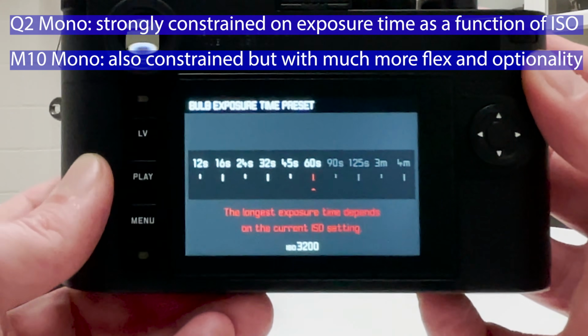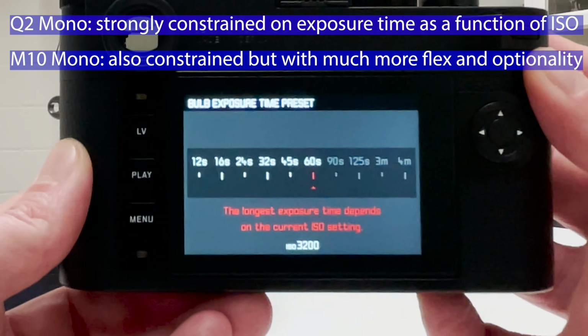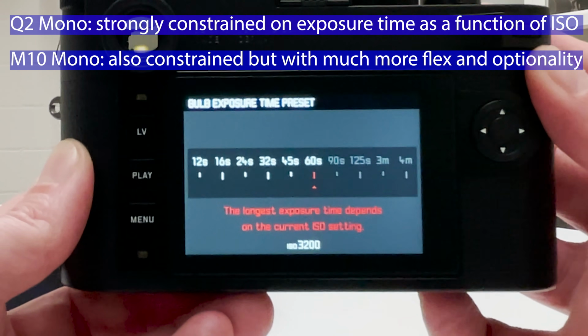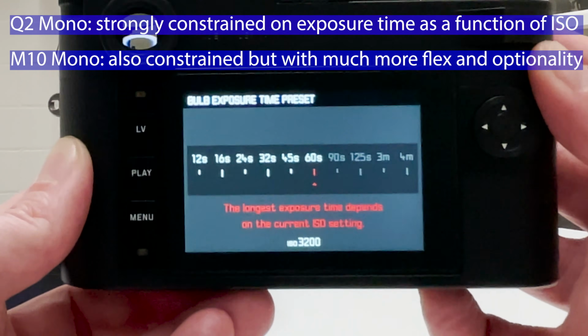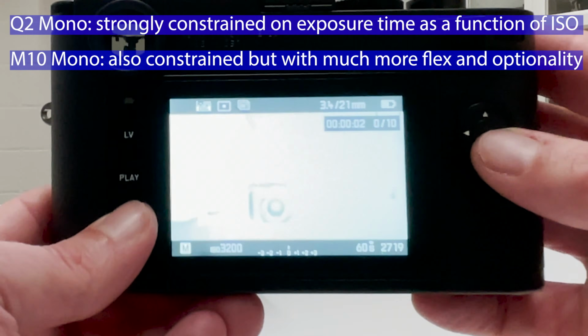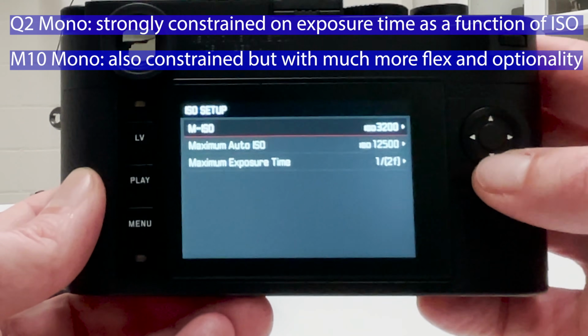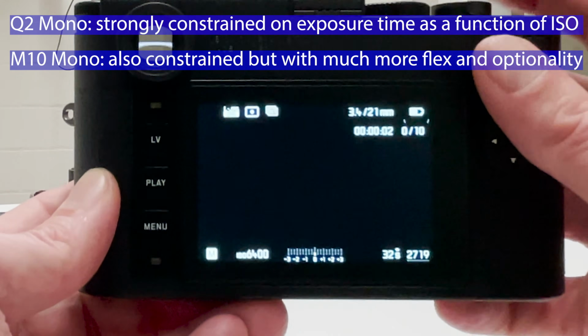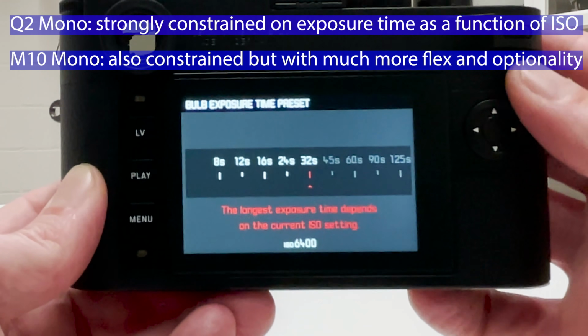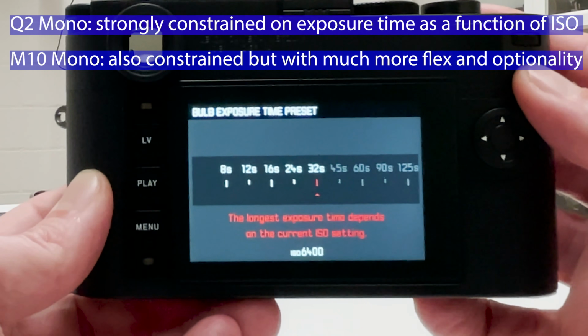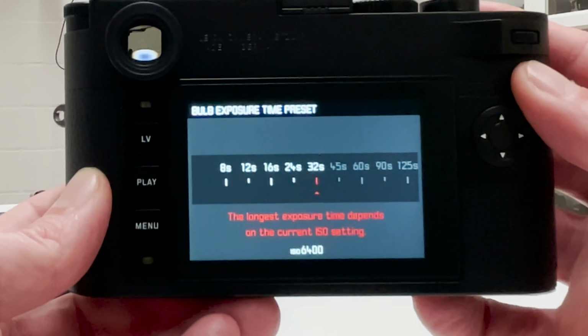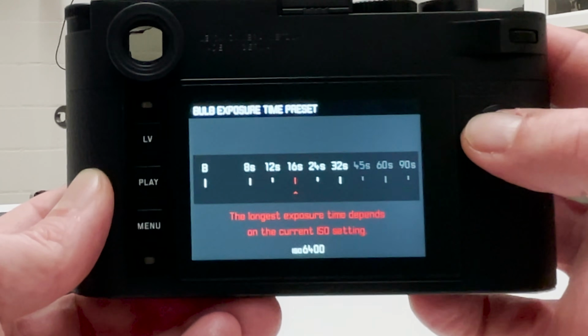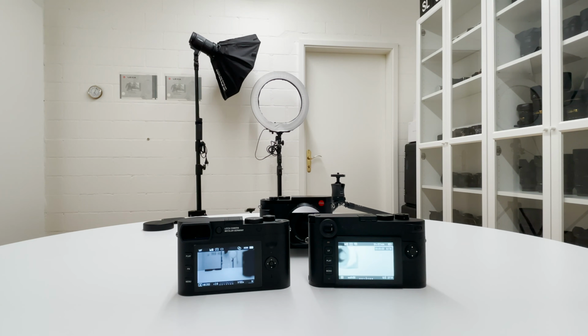And that's plenty of time, because for night sky shooting, I should not go with a full frame sensor beyond 15 seconds, maybe even less. So that's plenty of space. If I go here to an ISO of 6400, which is also a typical night sky scene, I have in that menu still 32 seconds, which is too long to keep the stars from becoming little trails. So I would probably shoot this with 16 seconds or 12 seconds. So this is fine. Another difference in the inner life of these two cameras are these different black and white